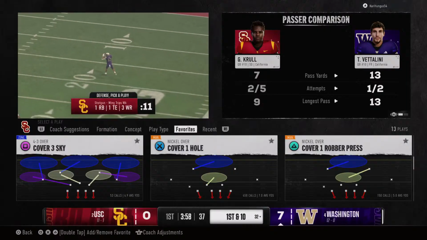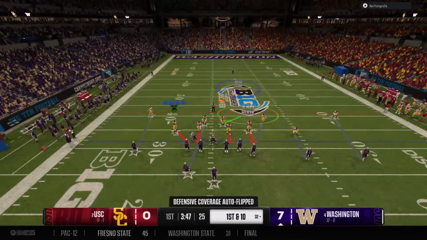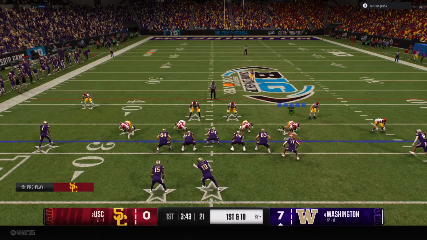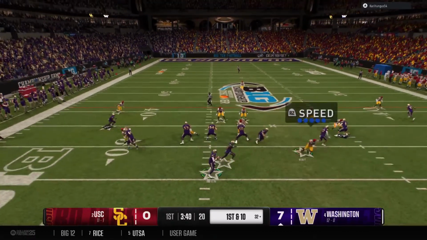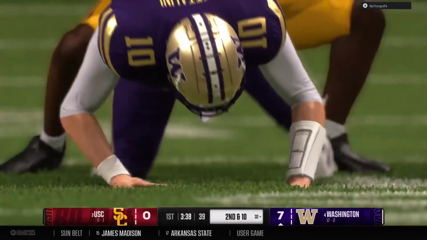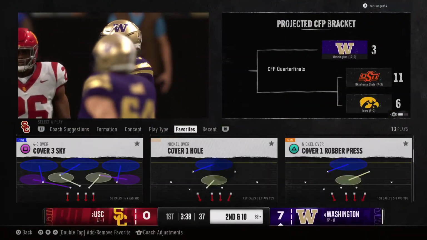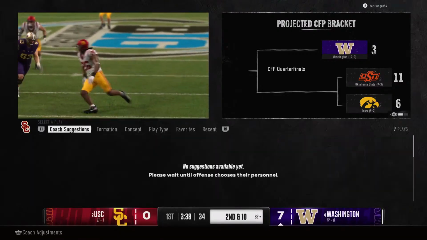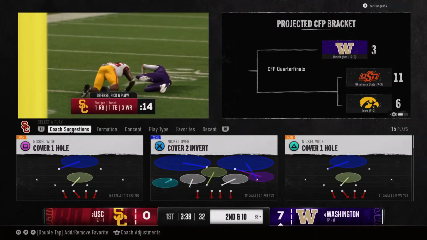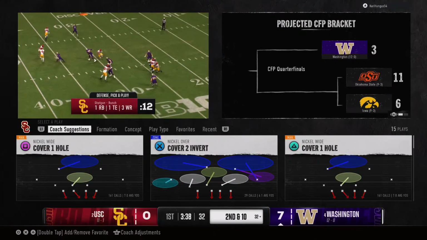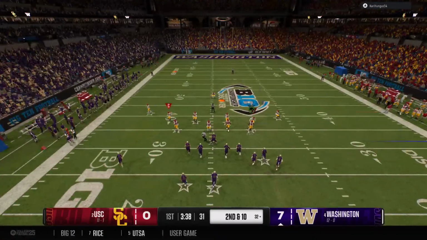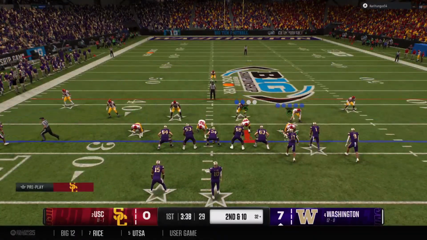And this guy is living up to the legacy of what Washington quarterback play has been for a number of years, going way back to Warren Moon and Mark Brunell, and more recently with Jake Browning, and of course the last couple years with Michael Penix. Hit just as he throws the ball. That's incomplete. Even on a first down pass attempt, he felt heavy pressure. And you got to love this if you're defensive coordinator. It's all about affecting the quarterback and getting pressure on him. This time they got to him and forced that incompletion. Incomplete. 2nd down coming up.